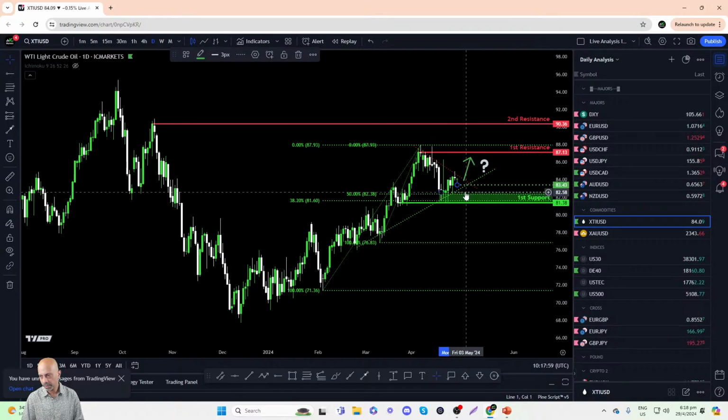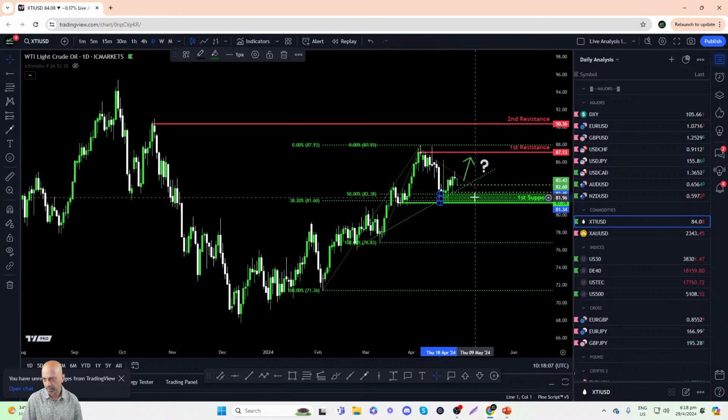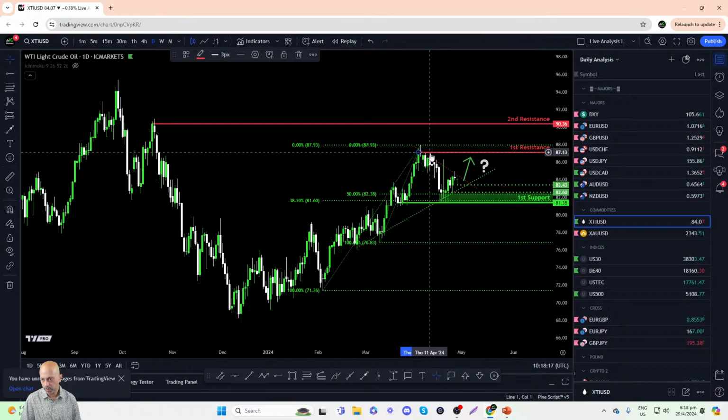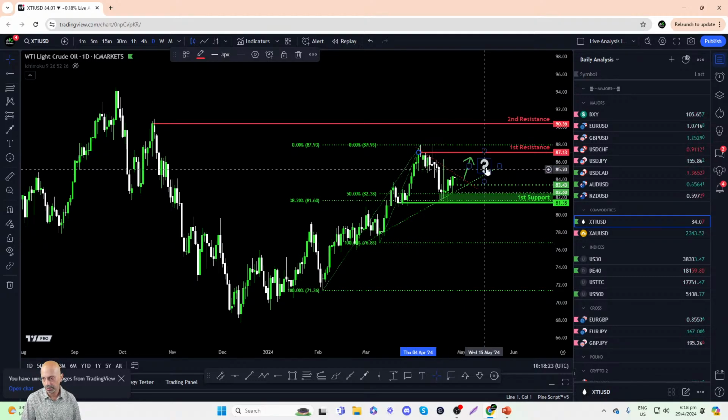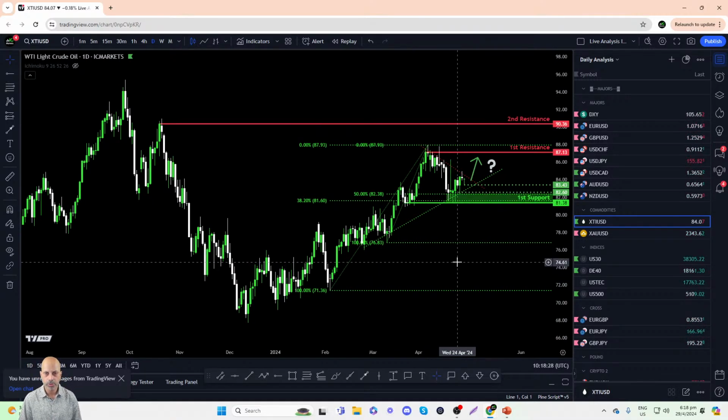So perhaps placing the stop loss about 20 cents to 30 cents underneath this level would be a good support zone. Or if you want a slightly wider stop, you'll be looking at the first major support zone and identifying a stop loss level at around this level or just below it. The take profit level would be close to where this pullback resistance occurred, around $86.50 per barrel. So these are the key levels for WTI oil.